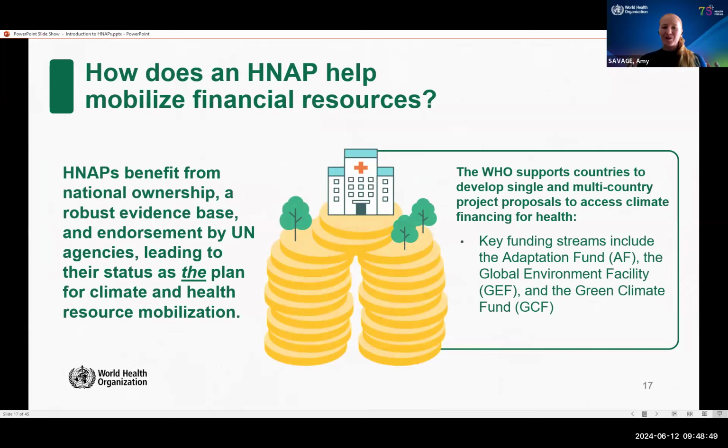We probably all know that the health sector is one of the sectors that is the most underfunded when it comes to climate finance. The HNAPs are a really good tool for accessing climate financing because they benefit from national ownership, they're informed by a robust evidence base, they're endorsed by the UN, and they can be seen as the main plan for climate change and health resource mobilization for adaptation specifically. And the WHO does support countries to develop project proposals under the GCF, the GEF, the Adaptation Fund,